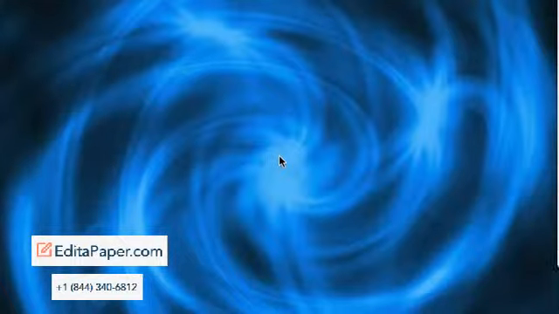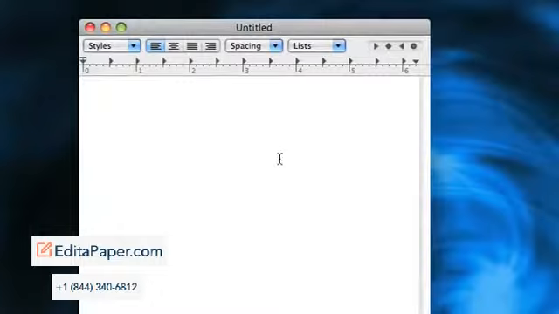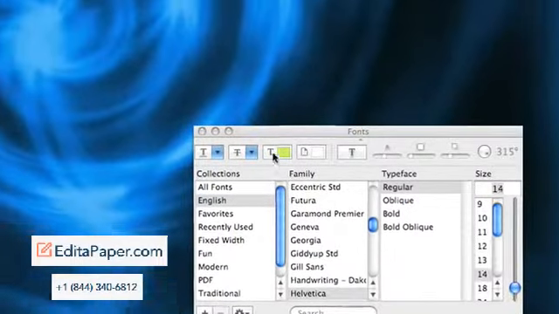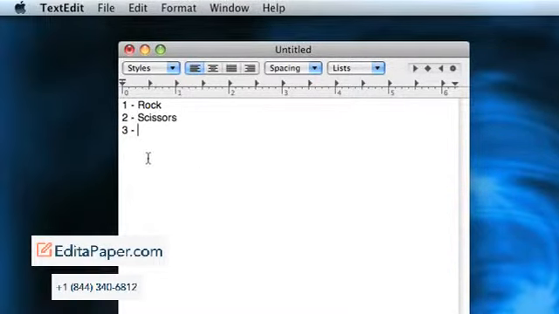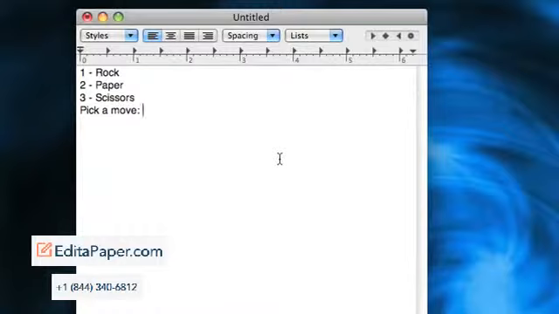So I'm gonna open up text edit. The way this is gonna work is we want our program to display something like this. Okay, pick a move like that, and then the user will enter either 1, 2, or 3. Say they enter 2, then it's going to say you picked paper, and then we're gonna have the computer generate